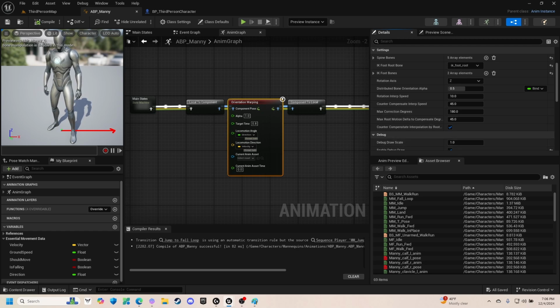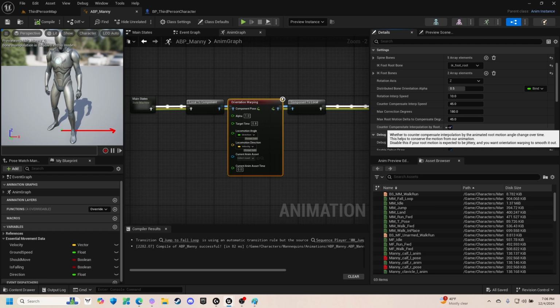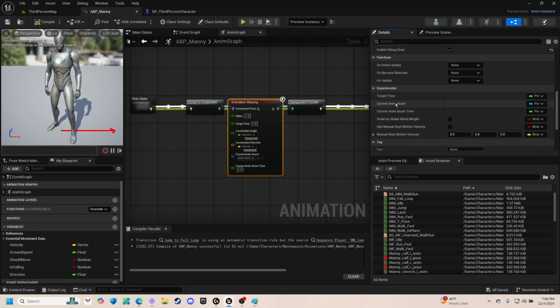And then we have the counter compensate interpolation by root motion. That determines whether to adjust or counter compensate the rotation speed, based on our root motion. And so we definitely want this to be true, so that it can counter compensate, interpolate nicely, and correct our character without all the pops and other stuff, right? So that is pretty much it as far as what we want to mess with,